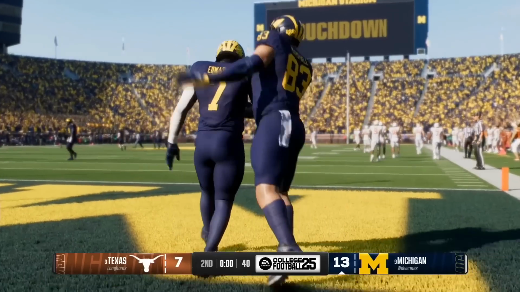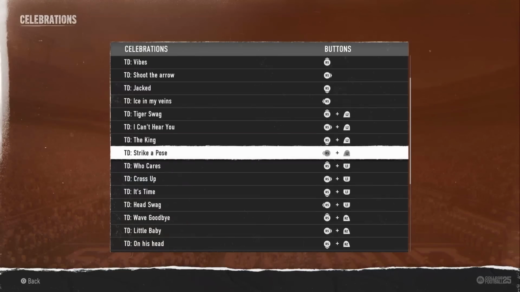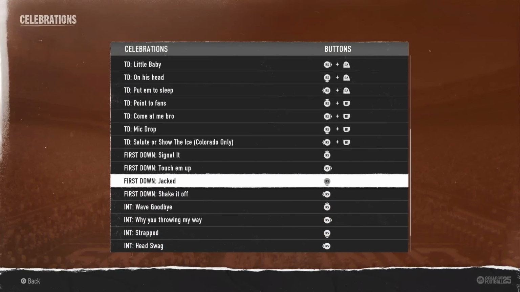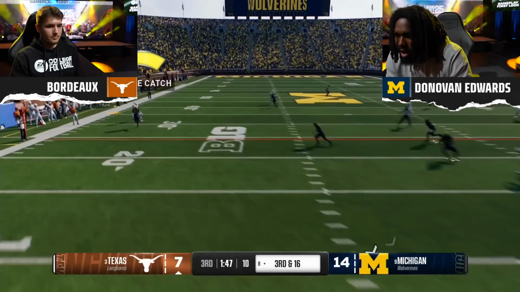Donovan doesn't know about all the different new celebrations that are in the game. There's over 20 new touchdown celebrations that you can choose. So we're not looking at just 4 for each direction. You have a lot. You can hit the Heisman pose. You can do the salute. There's a lot there. You can rock the baby. Everything is in there. Now we've got Bordeaux back on offense with Texas, and he's going to layer this pass